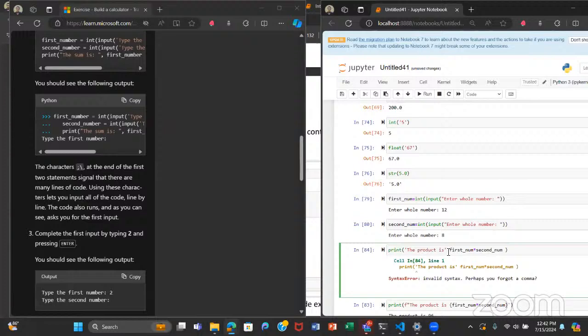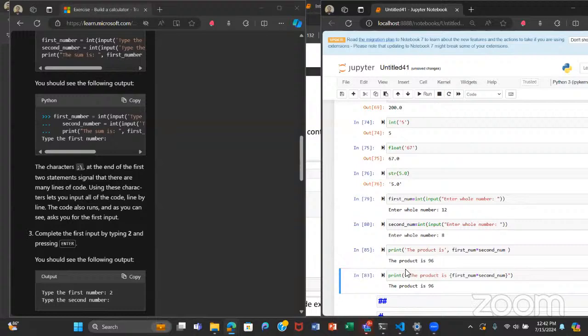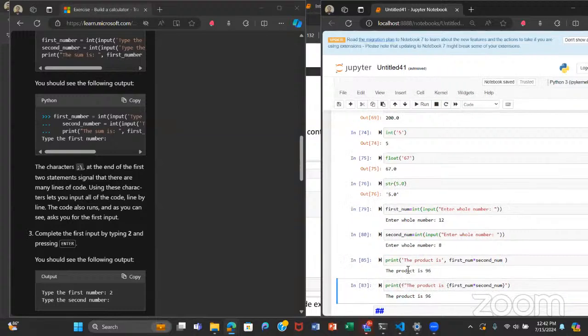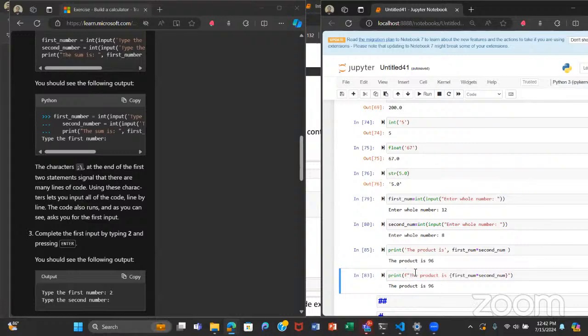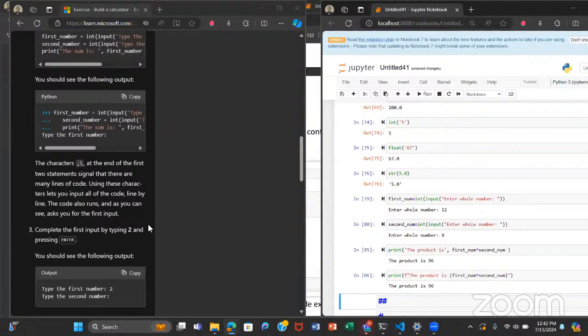After writing the string in your print statement, put a comma, or use something called an F string. You put F before your string, then the quotation marks, then your text, and wherever it is within those quotation marks, put your variable in curly braces. So those are two ways of joining strings and numbers, or strings and variables.